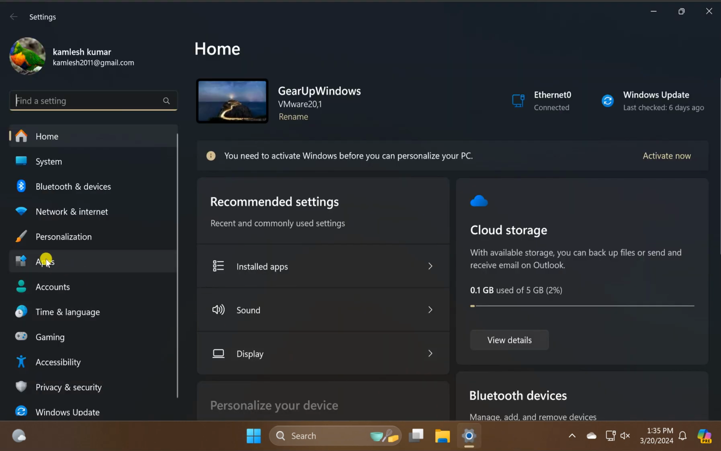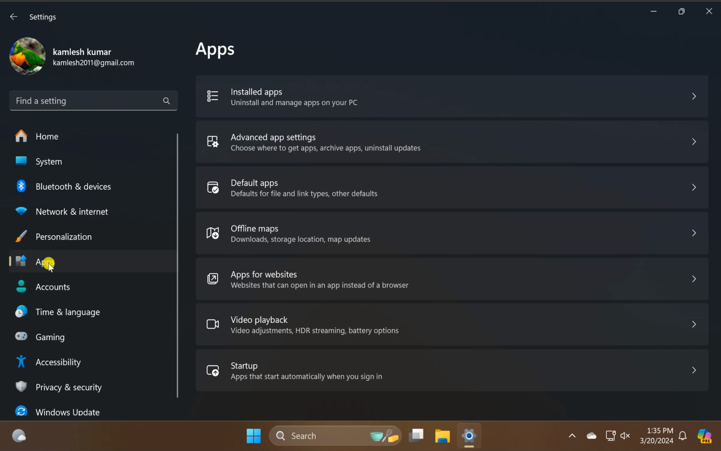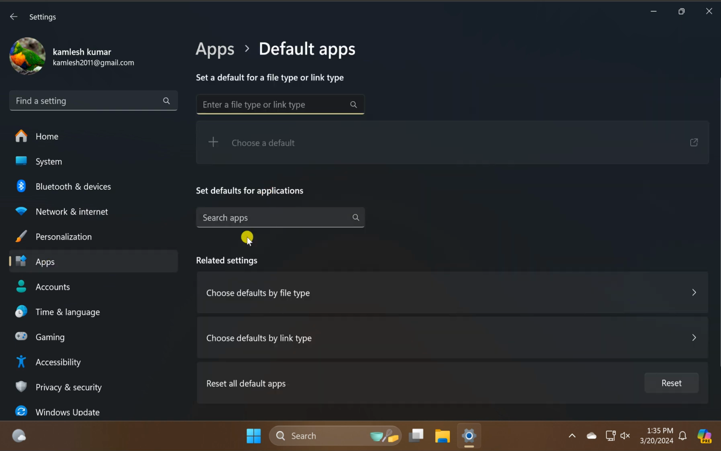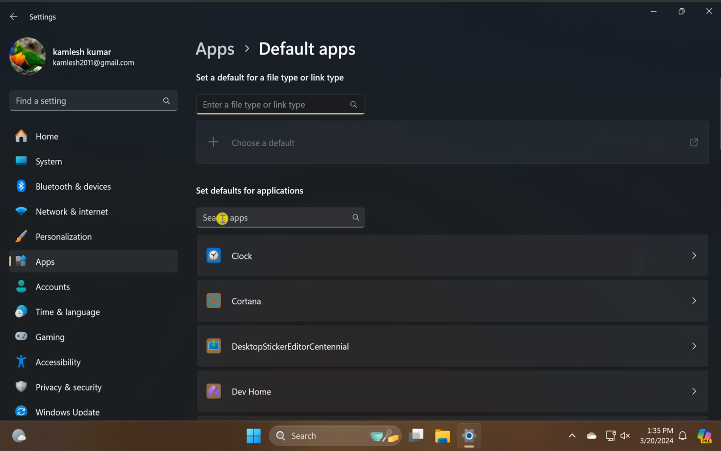Under Settings, click on this one Apps in the left sidebar. Then click on the Default Apps. In the Search Apps box, type Opera